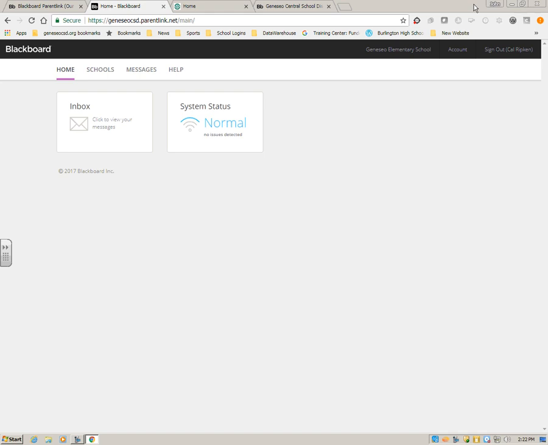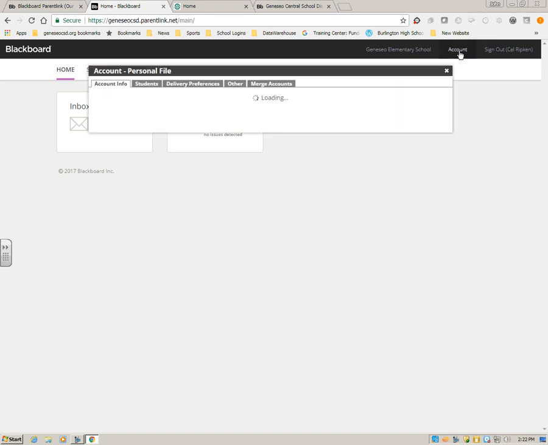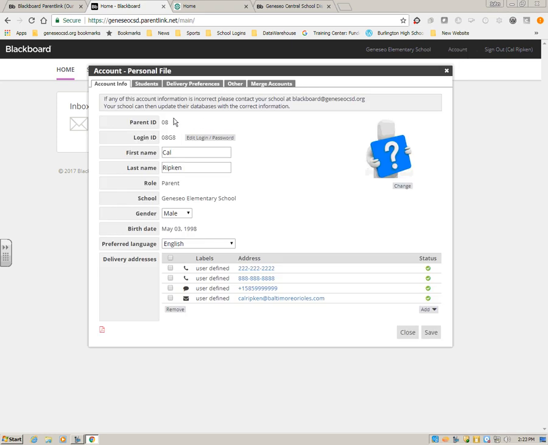Once you do log into the system, the first thing I'd recommend doing is clicking up on Account. What you'll see is all of your account information and the numbers that have been loaded in out of School Tool, our student management system. Numbers and email addresses provided to the school at the beginning of the year automatically get loaded. If you need to make a change to any of those, you would want to contact this email address,